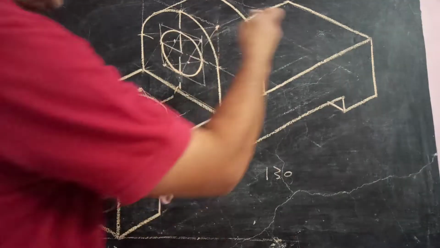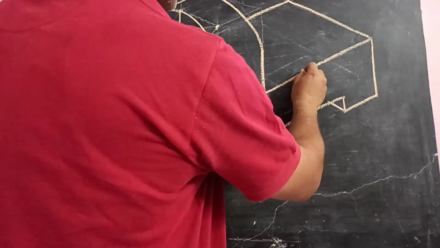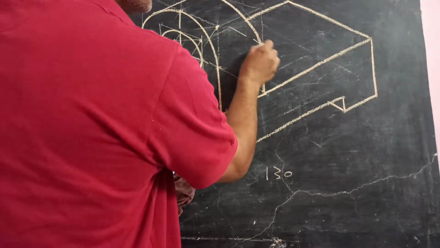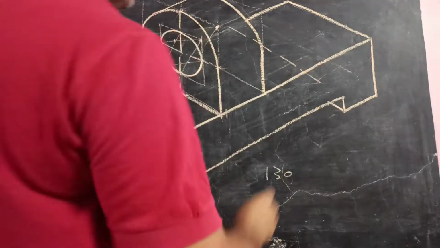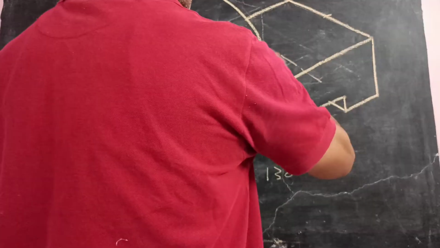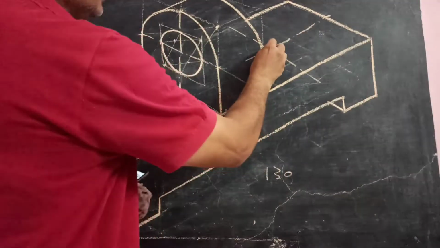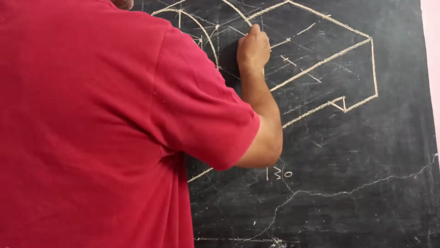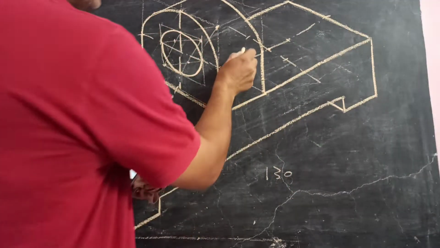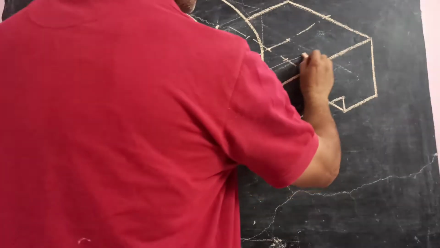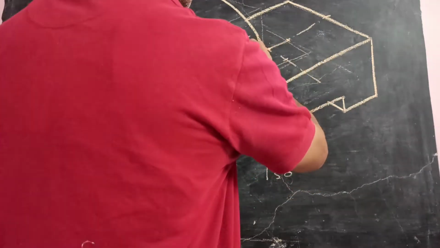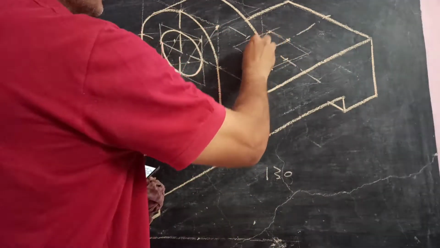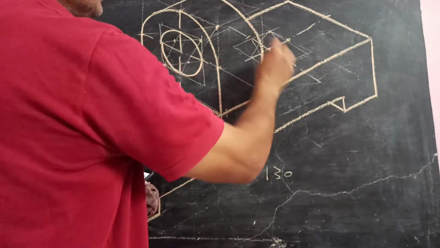Then the same hole is on this side also. So at 35 you can mark a center line parallel to this, parallel to this, and in between this you can mark another center line. So this is the center you have got. So on either side 8 mm, 8 mm, 8 mm and 8 mm, you can mark this rhombus on all the four sides. So this is the rhombus having 120 degrees. You can join this, you can join this.